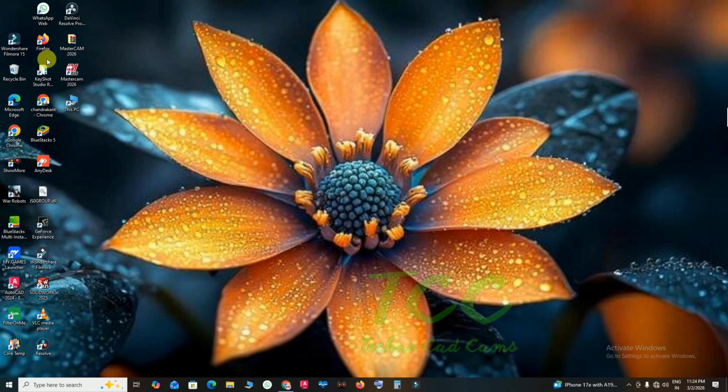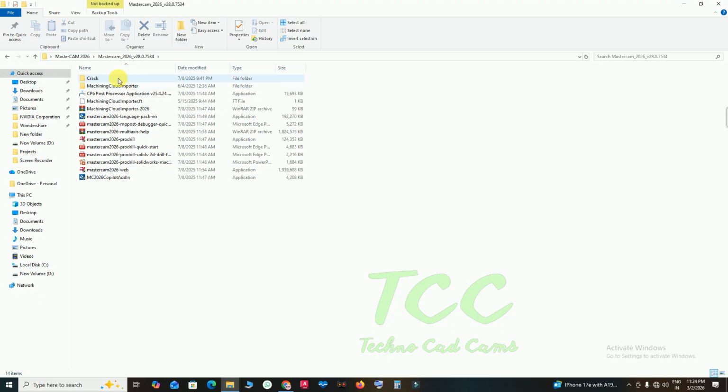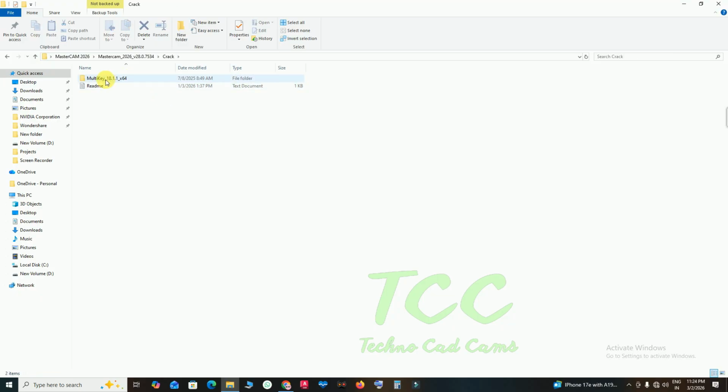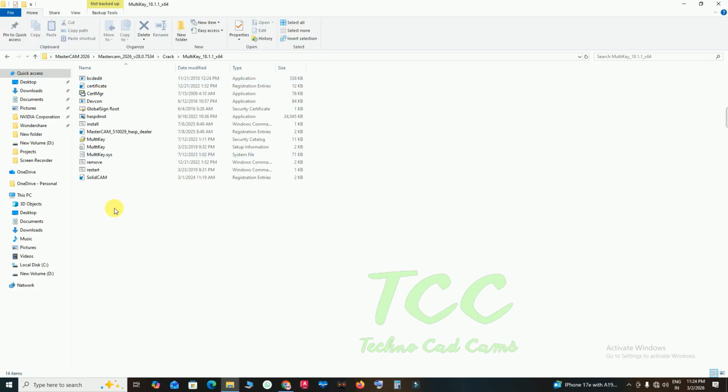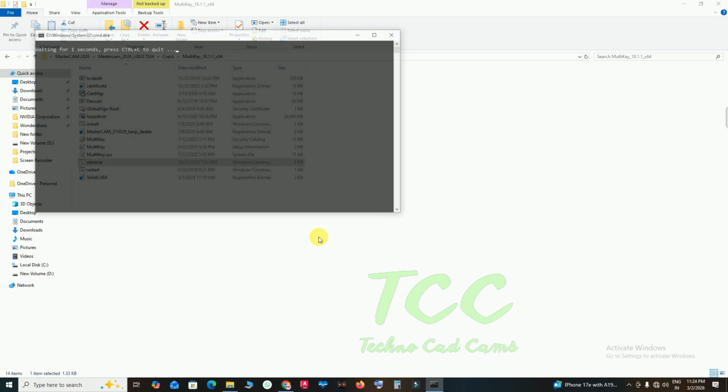Then again go to the software folder and open this one, and again open the crack folder, then open multi-key. First there is showing remove. Simply select run as administrator. Here.